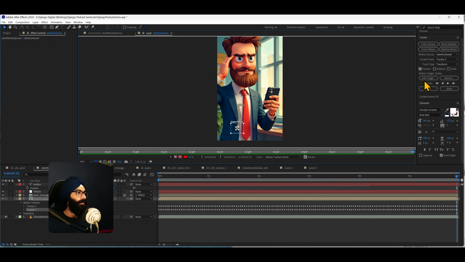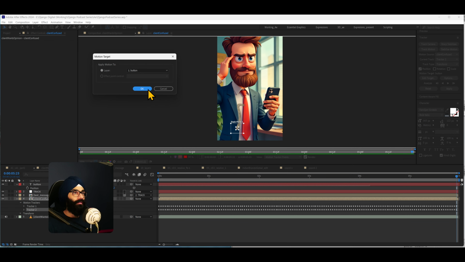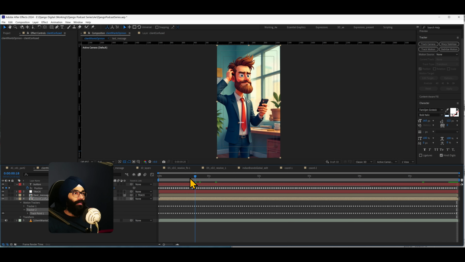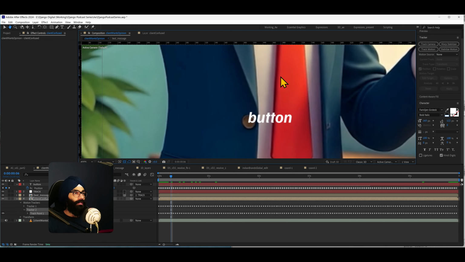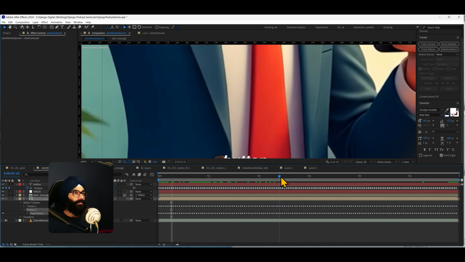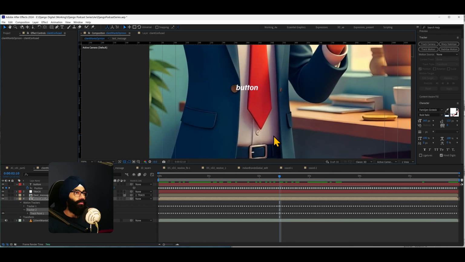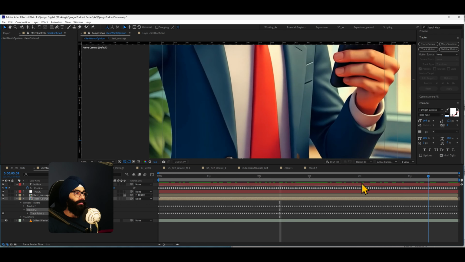So that's our track. I'm going to say edit target. I'm going to use the text button and apply X and Y. Yes. So now you will see that the button text is tracked onto the actual button.